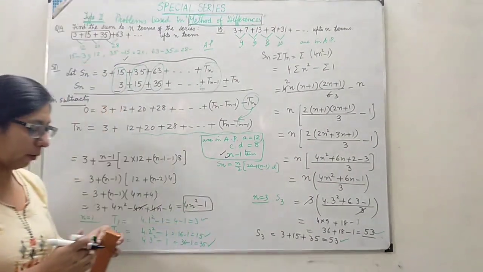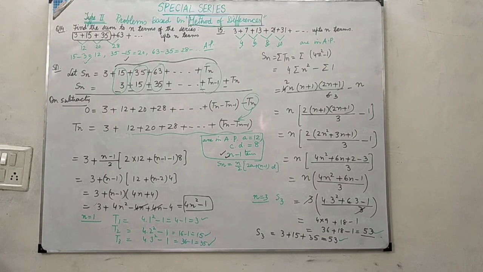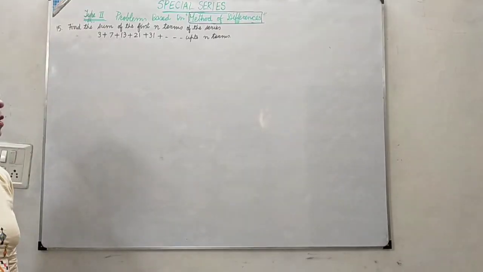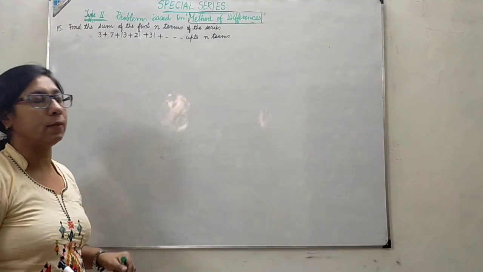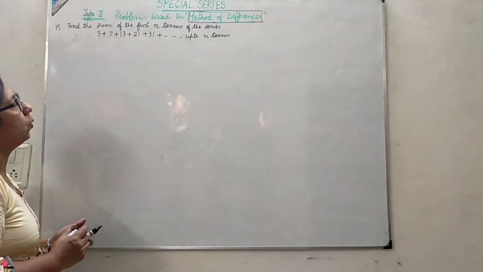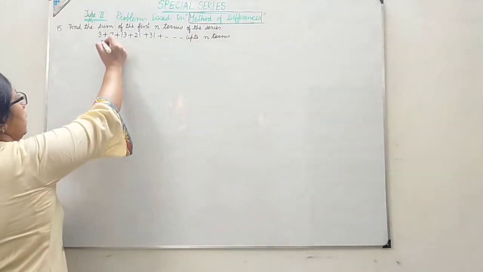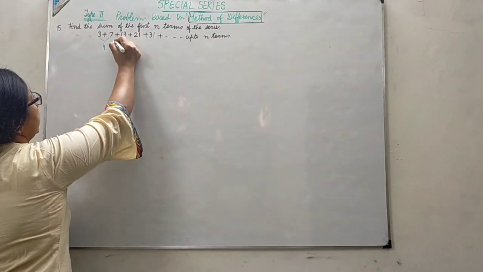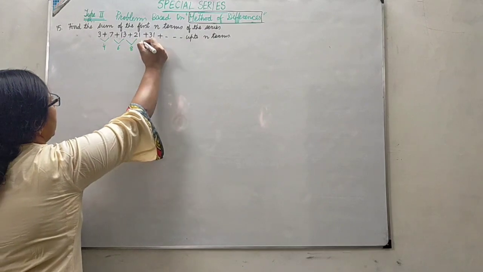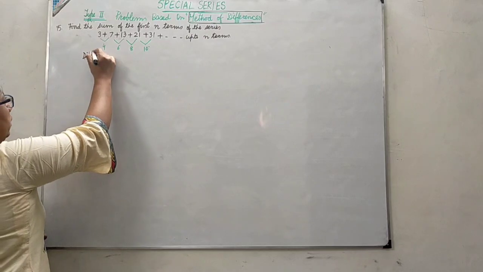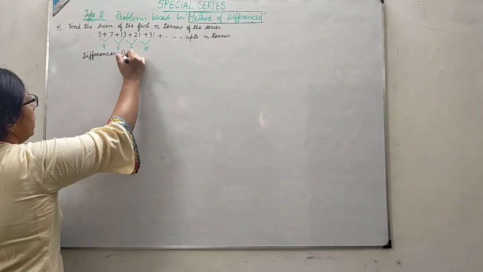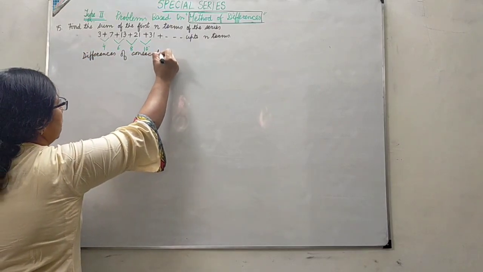Now let me take another question for the same topic. Let us take another question on the same method. Find sum of the first n terms of this series. Again you can see over here the pattern is like this. This difference is your 4 and then next is 6 and then 8 and 10 and so on. So the differences of consecutive terms we have observed, differences of consecutive terms